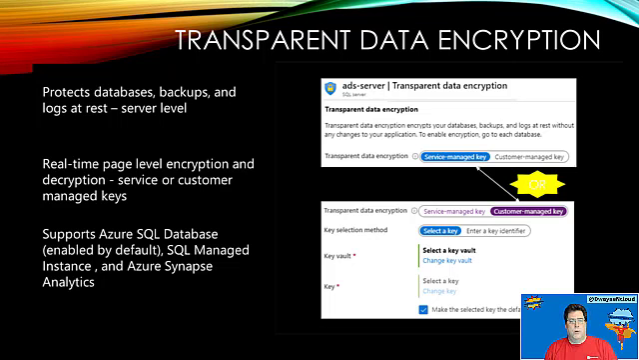We need to determine what type of encryption we're going to use, and then turn it on and set it up based on whether we're going to use the service managed keys within Azure, or Azure Key Vault or an HSM for customer managed keys. But this is real-time encryption and decryption throughout the environment, and as you can see here, it supports Azure SQL database. It is enabled by default for Azure SQL database, but not for SQL managed instance and Azure Synapse Analytics,